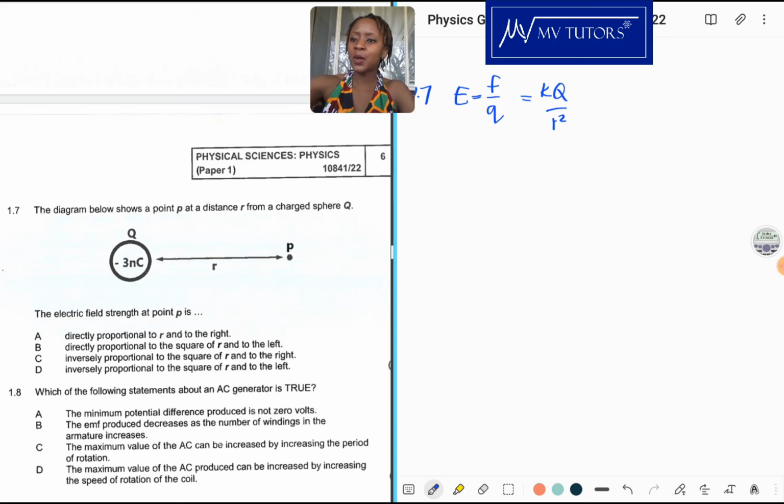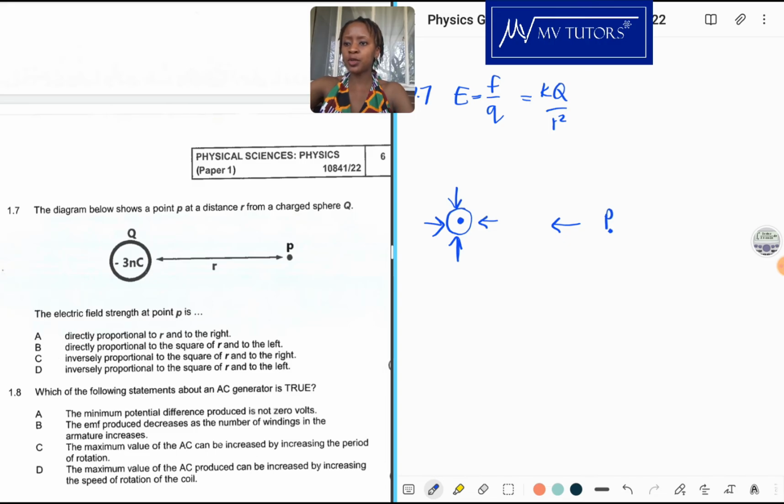Okay, because if you have Q over there, which has a negative charge, remember a negative charge, if you have your sphere, the electric field lines point inwards, okay, and you have P over there, okay, so the direction will be towards the left, okay. So I'm going to look at the options where the direction is left, which is B and D. Okay, so now it says electric field strength is